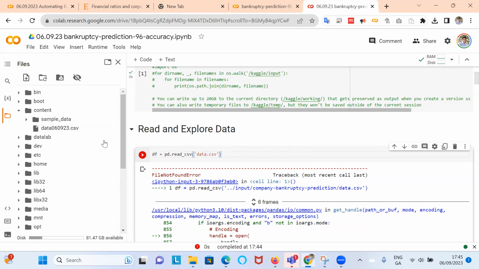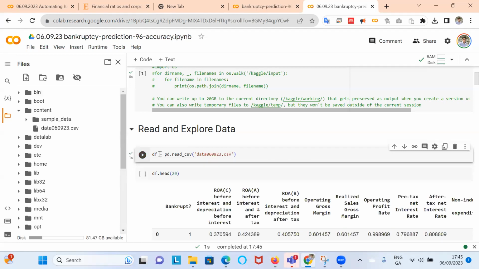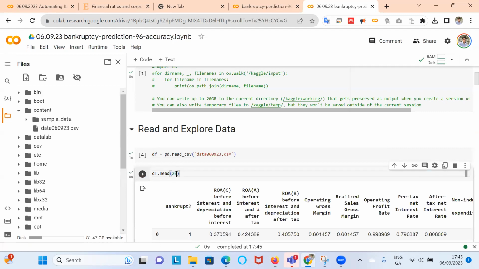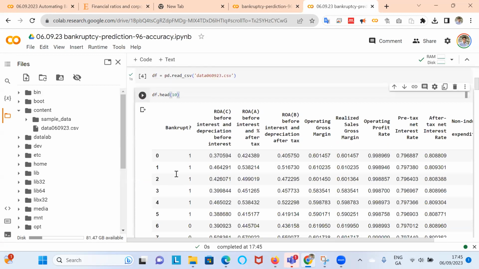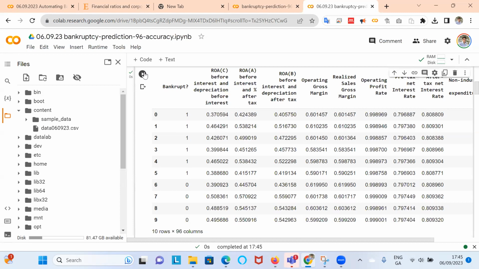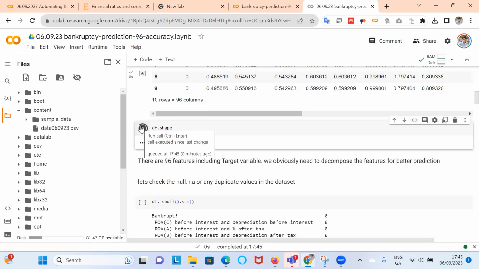And I can do one of two things. Change the name here to reflect what's here, or rename this one to be consistent with this. So maybe I'll just say 06.09.23. So this file here gets read, and we create an object, a data frame called df. And then if I run df and say, okay, 10 columns, it'll run. And then all the other things that I've been doing should execute.